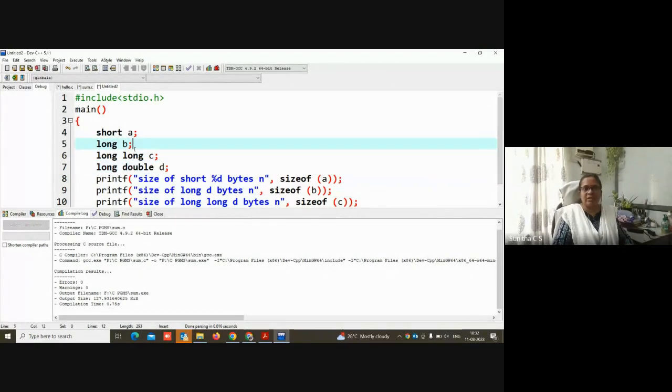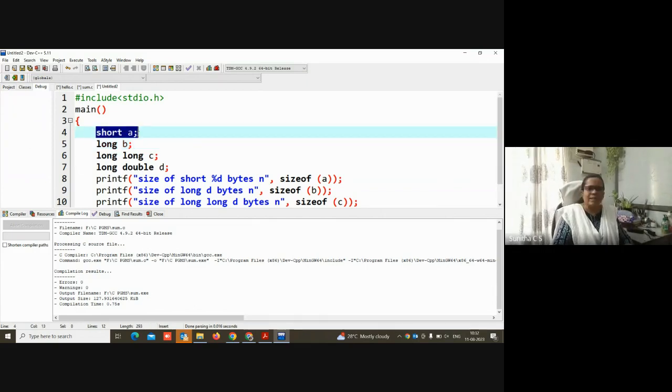There is no integer over there. This way also you can declare. For example, here it's a short variable, short A. When you take short or long without any data type, it will be considered as default integer, int. So short A is equivalent to short int A.